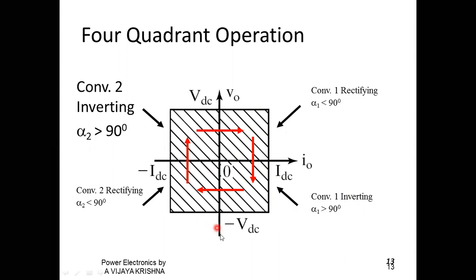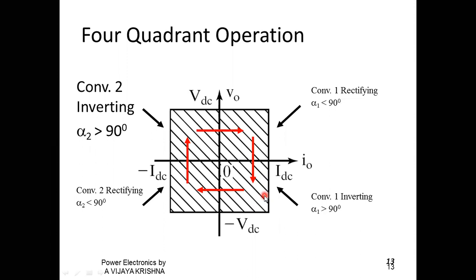Under inverting mode operation, a negative voltage is obtained, that is minus VDC. Here we observe that minus VDC. That is, the supply voltage gets reverse polarity under inverting mode of operation. By using full converters, there is a possibility of two quadrant operation. One is the rectifying mode of operation and one is the inverting mode of operation. But in this mode of operation, the power flows in the fourth quadrant. Power flows from the DC circuit towards the AC source, that is, towards the supply side.